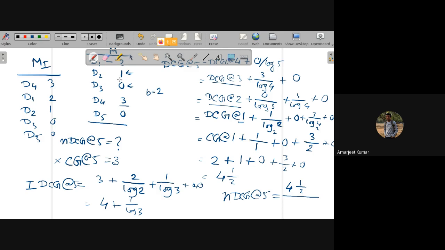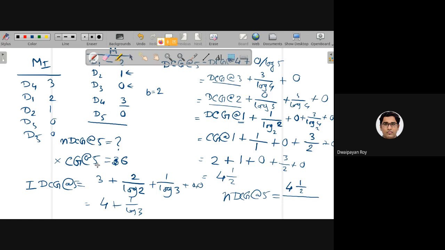So the cumulative gain at any point is the sum of all the gains at that point and above, right? Exactly. No, sorry, it should be 6. Extremely sorry. 2 plus 1 plus 3. So cumulative gain at 1 is 2, cumulative gain at 2 is 3, cumulative gain at 3 is 3, cumulative gain at 4 is 6, cumulative gain at 5 is also 6.